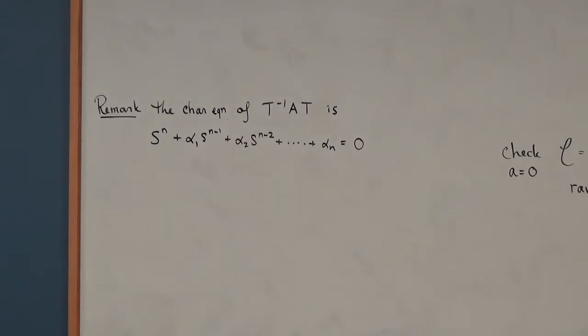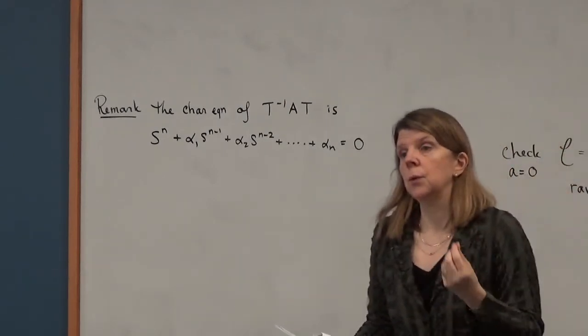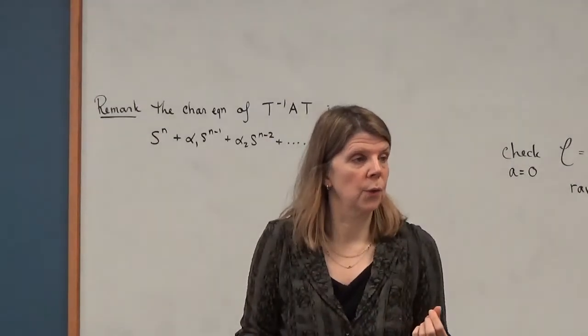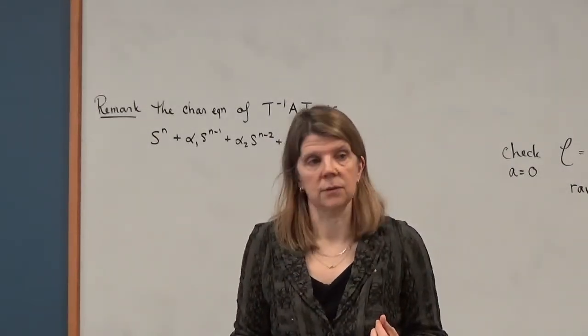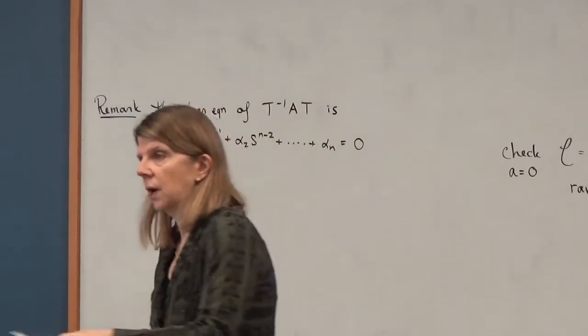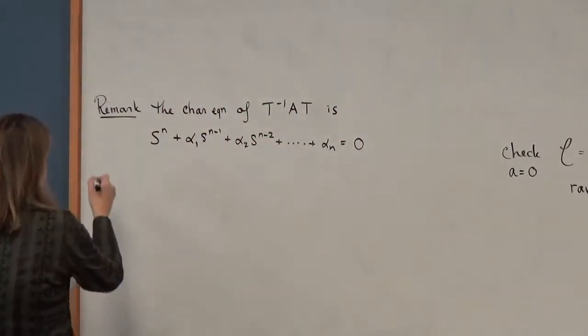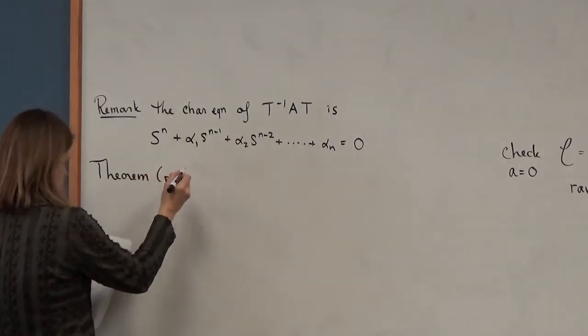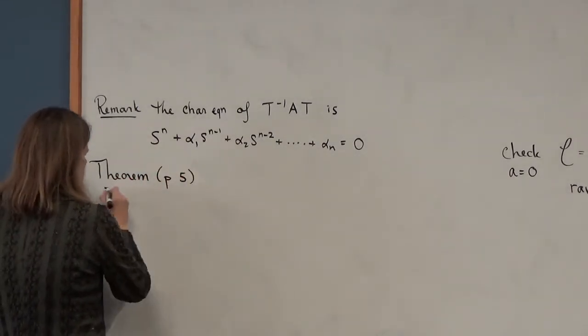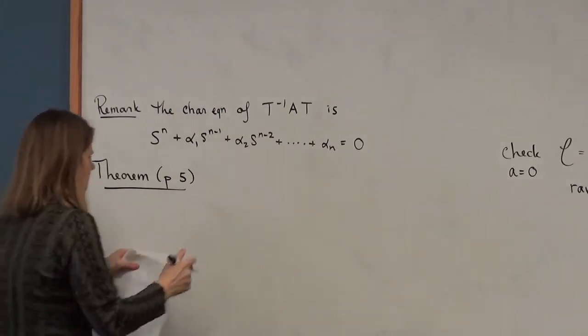If you have a controllable system, then you can transform it to controllable canonical form. Now the second proposition, or theorem as I have in the notes, is if you have it in controllable canonical form, then you can place the eigenvalues anywhere you want via state feedback. And that's what you have to do in problem 5 of the homework. All right, so this is the theorem on page 5 of lecture notes 20, which says that